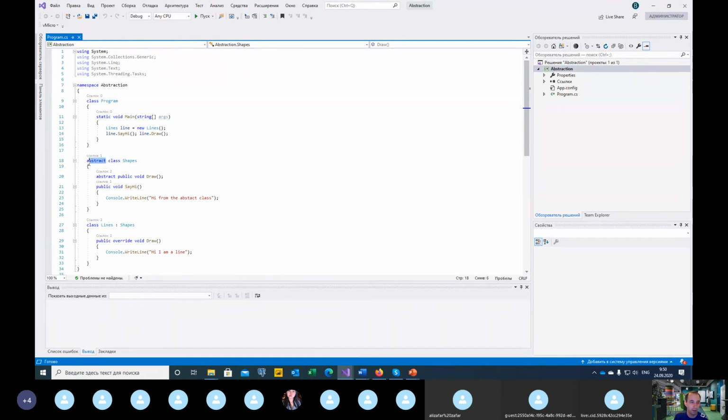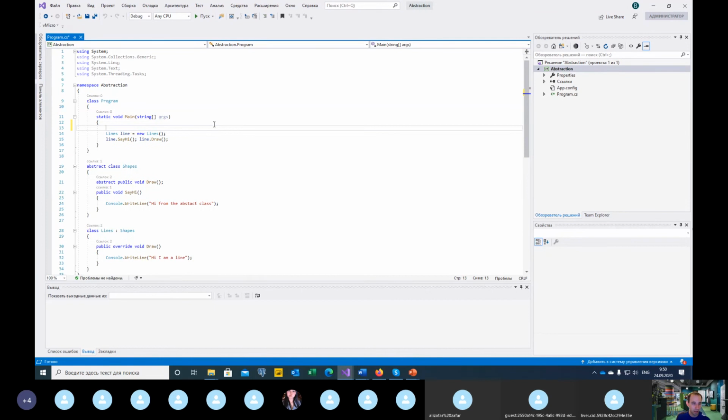Like when we have the abstract class shape, we should have the inherited class from it, like this. We cannot create an object of the shape class. So if we type shapes new shape equals new shapes,